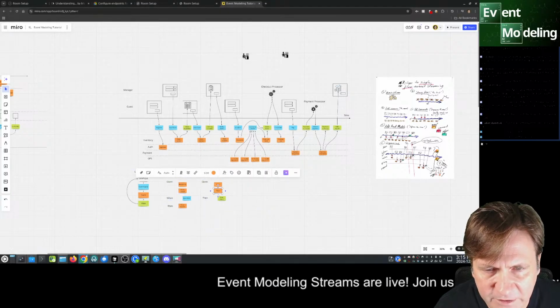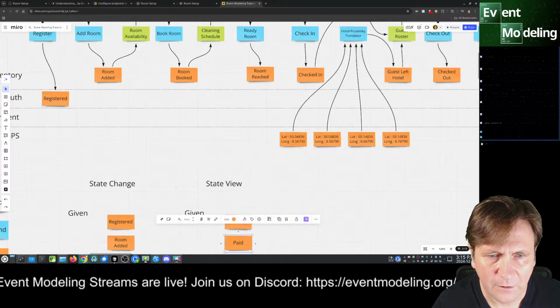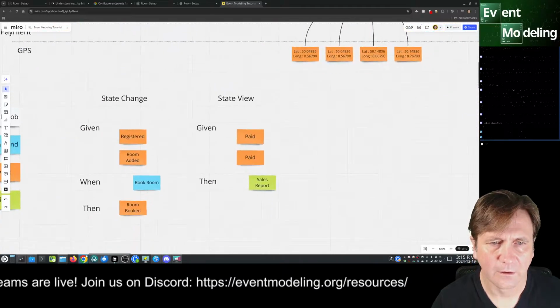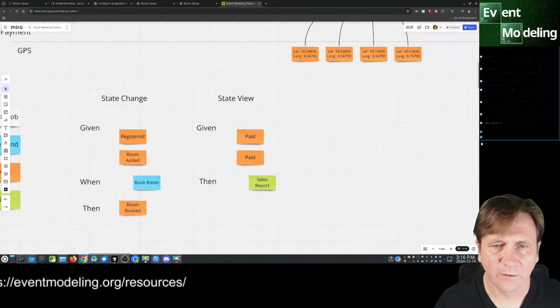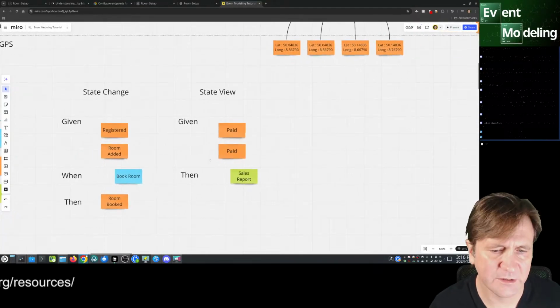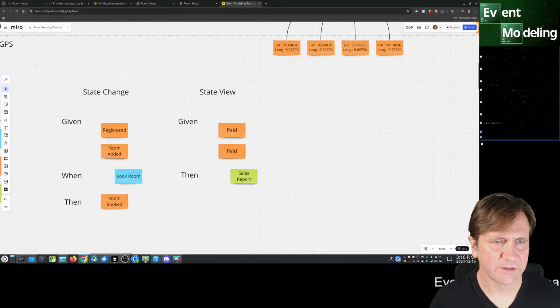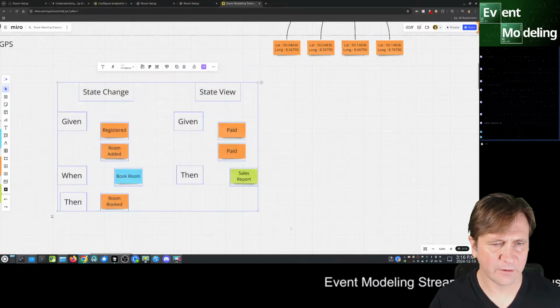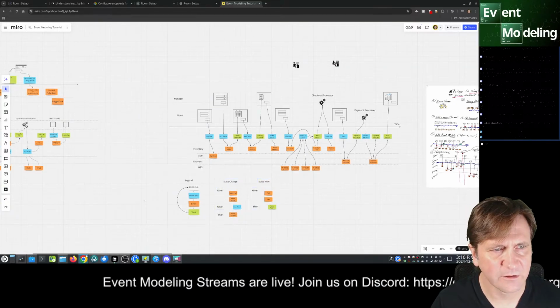Given that we have these things, we can basically say how we organize them underneath a slice. So this is still kind of at the core of how you read any of these specifications.